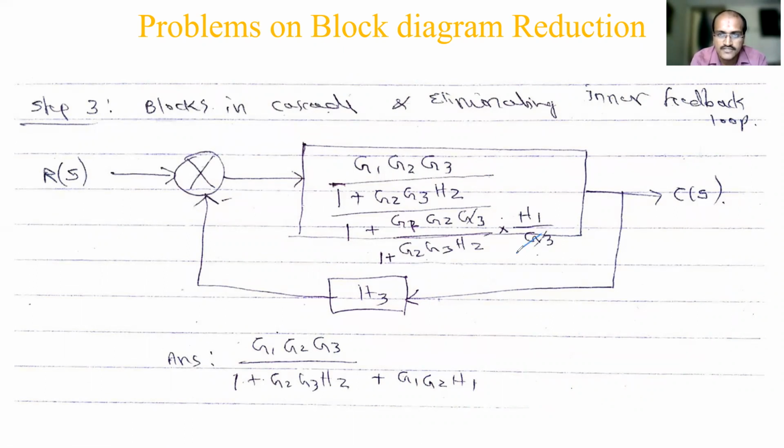So now here straight away G3 and this G3 cancel out. Multiplication part is there now. And then this 1 plus G2 G3 H2 will be multiplied with this 1. So taking LCM, that's why 1 plus G2 G3 H2 will come. Then plus part, whatever remaining here, G1 G2. G3 is cancelled out, not taken. G1 G2 H1. So that is written in the denominator. And then this 1 plus G2 G3 H2 divided by 1 plus G2 G3, so this super denominator will cancel out. Only G1 G2 G3 remaining in numerator. So this is the simplified block.